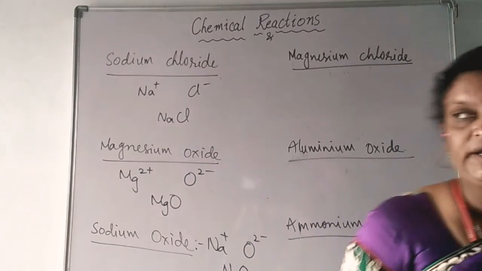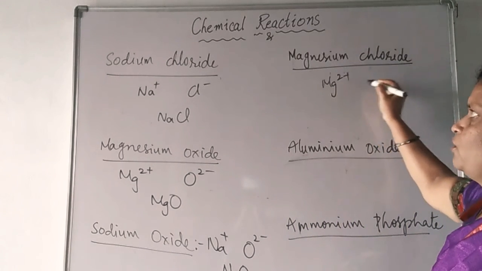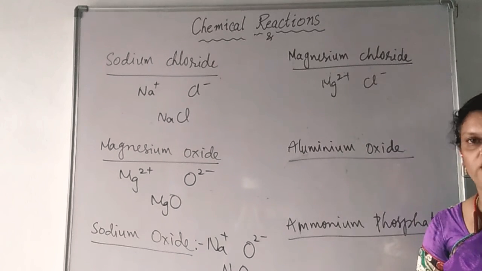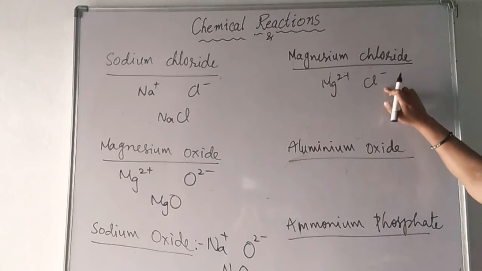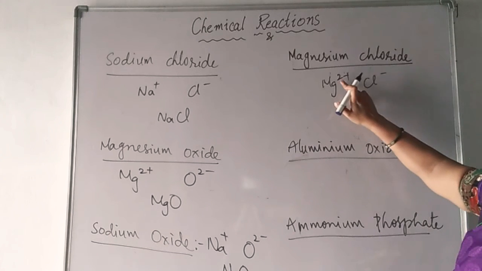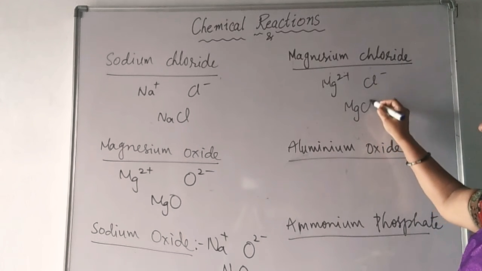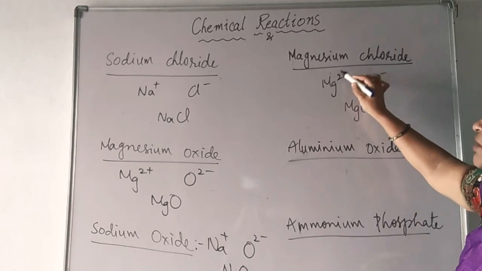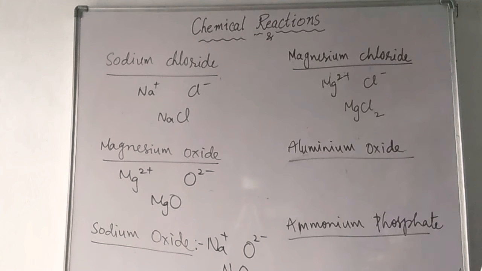Now let us go for magnesium chloride. Magnesium 2 plus, chloride -1. Without writing -1, it is understood as -1 only. So magnesium 2 plus, Cl -1. So what you do? The 2 you have to bring towards the chlorine. First of all, write both the cation and anion together. Write this superscript, which we have written in the form of valency, here as a subscript. MgCl2 becomes the formula for magnesium chloride.